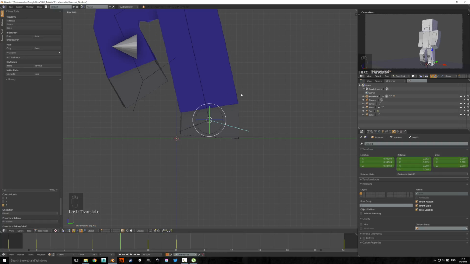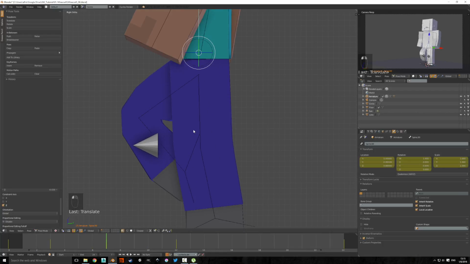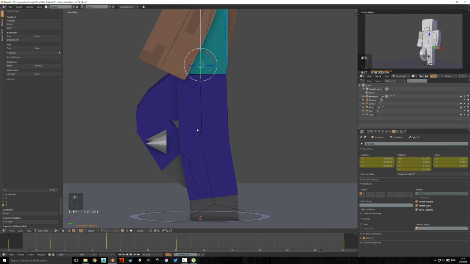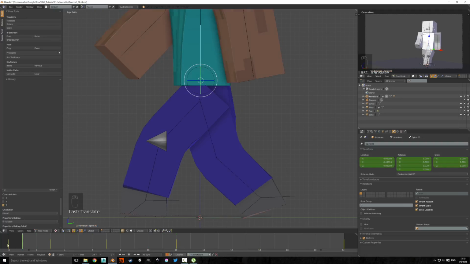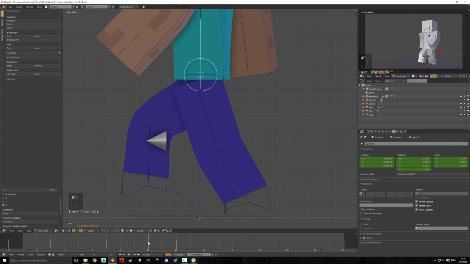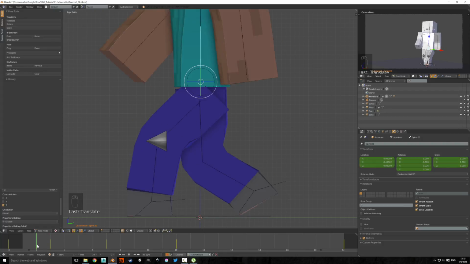Let's look at it even more, maybe find something that we could fine tune. And let's not forget to add vertical motion to the pelvis. Pelvis hits its highest point right before the foot hits the floor, and its lowest point right after. So it's usually like 2 frames before and 2 frames